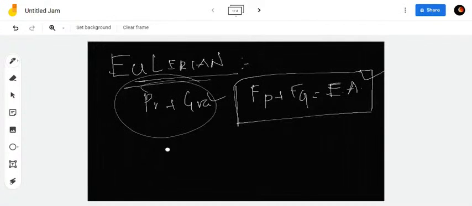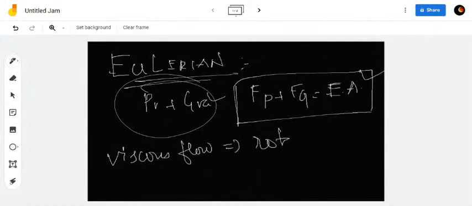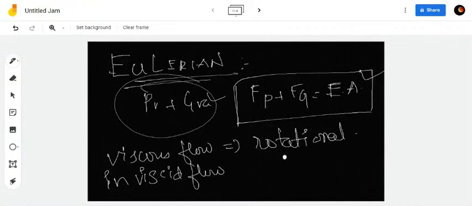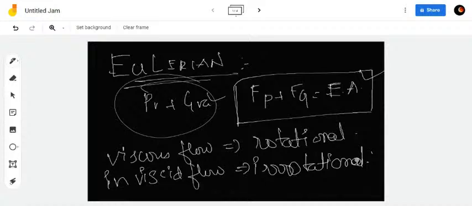And viscous flow, I already told you, is always rotational flow. While inviscid flow is irrotational. In inviscid flow it means irrotational. Viscous flow means